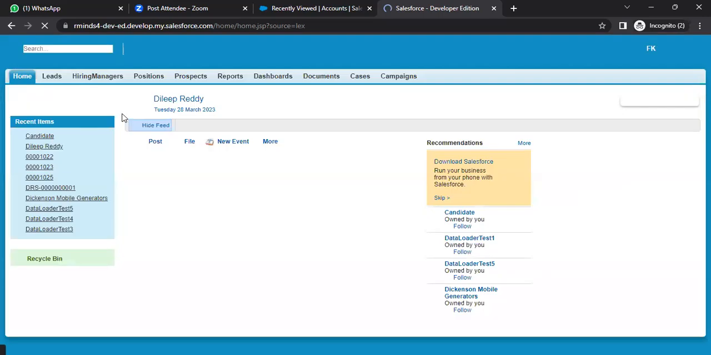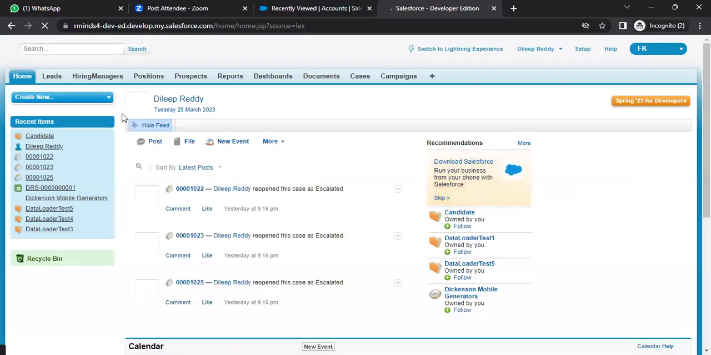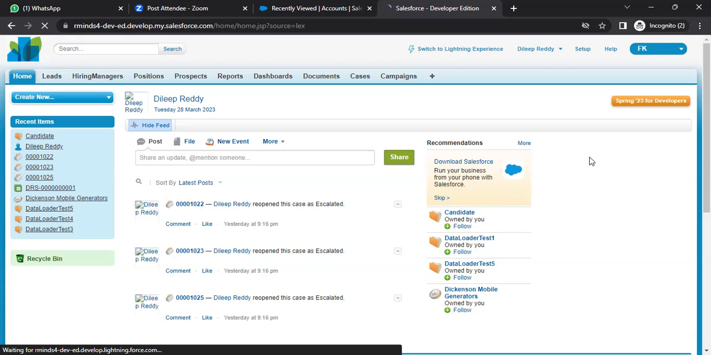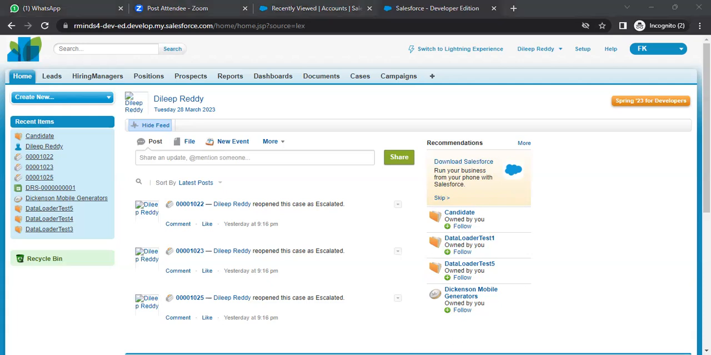So user is one other object which is going to have information about all the users, and user license is the object which is going to have all the information about user licenses. Okay. So let's go to,